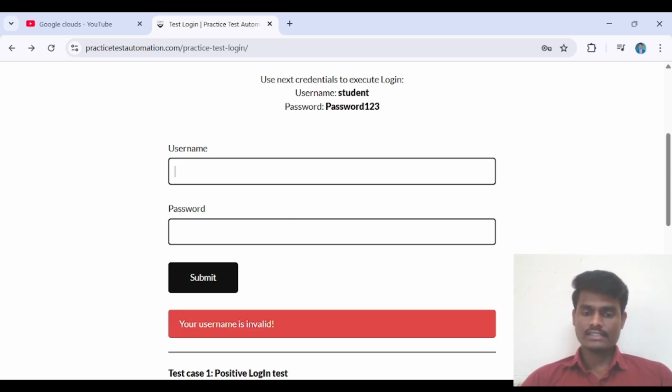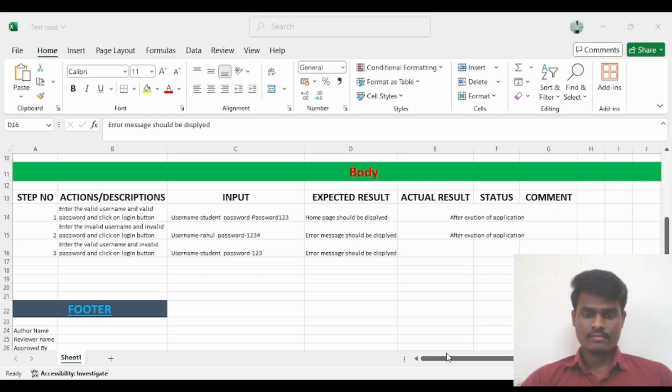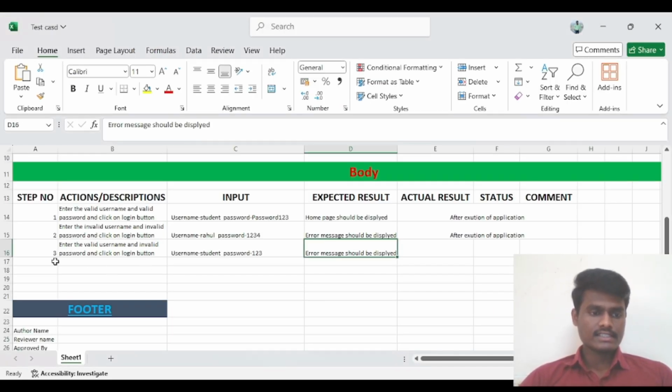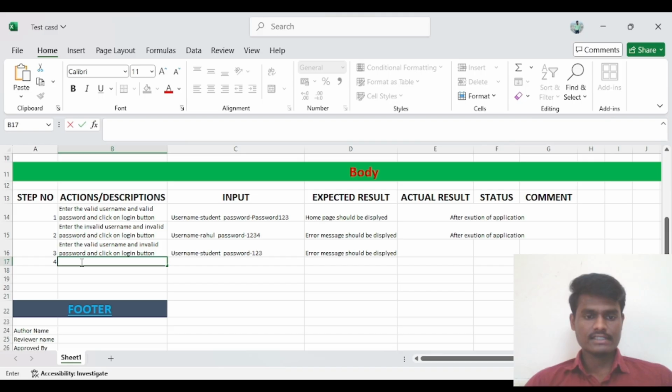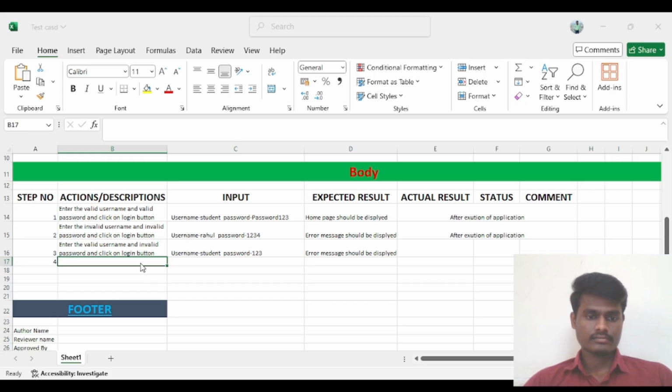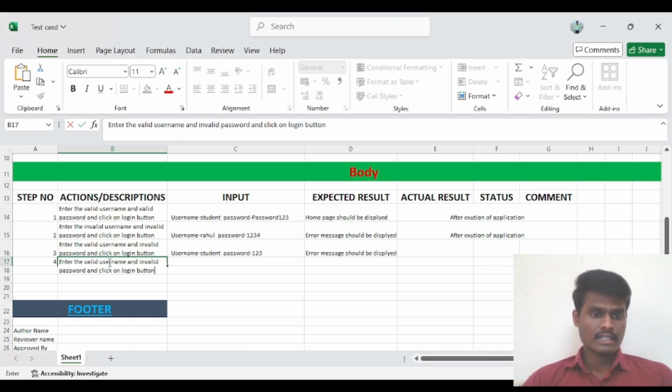So for that we have to write a test case. We have written a test case for what? Valid username. Now we have to write a test case for what? Invalid username. So this is our invalid username and valid password.